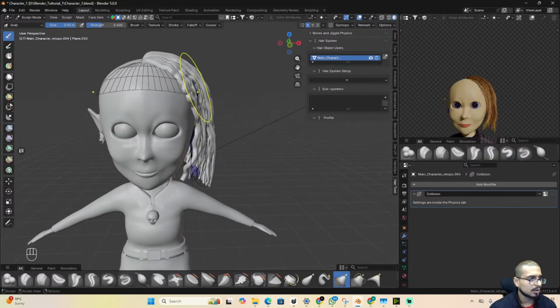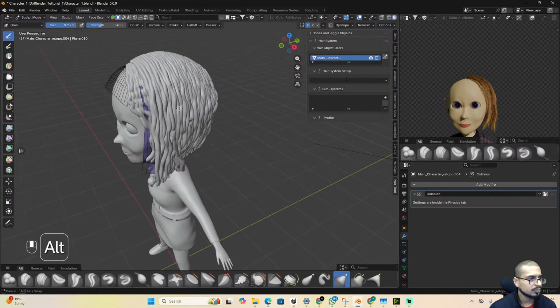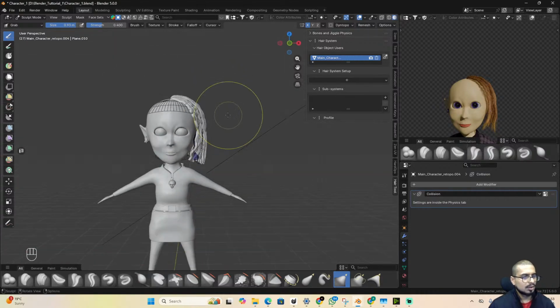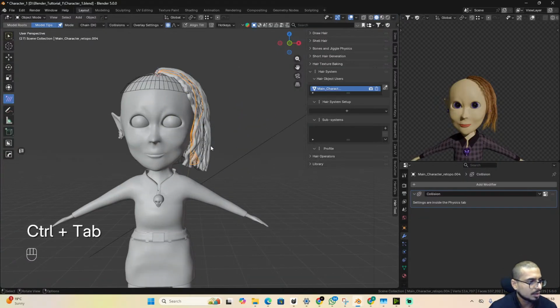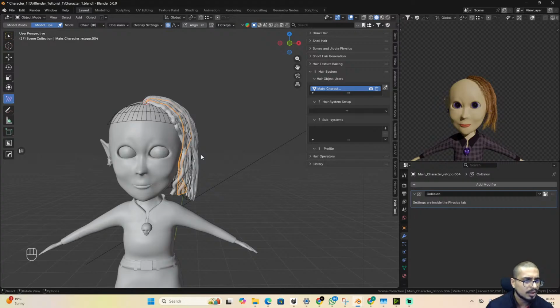This looks nice. And let's start building hairs again, almost similar settings and stuff. So I might be repeating some stuff again and again. I know it's quite boring, but